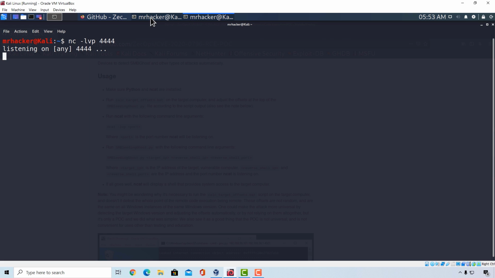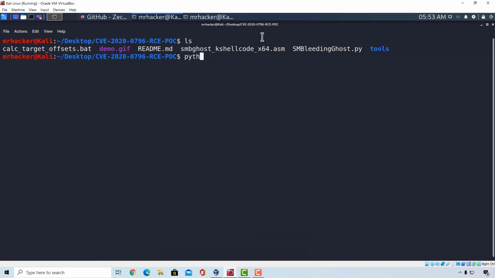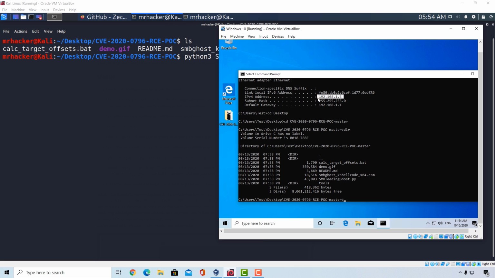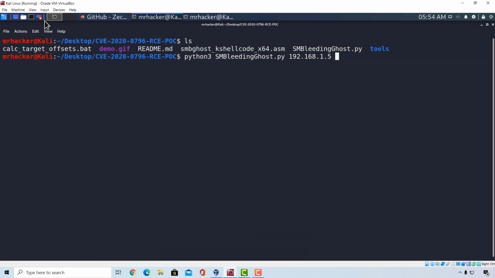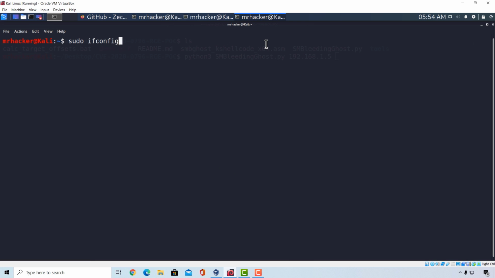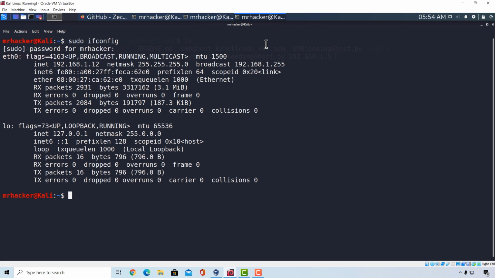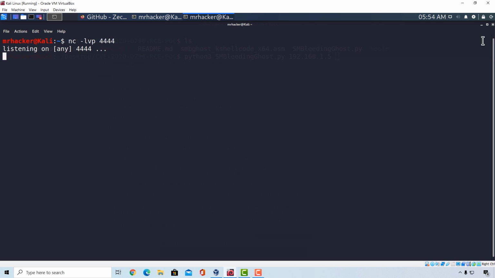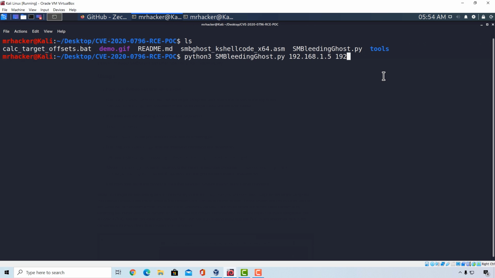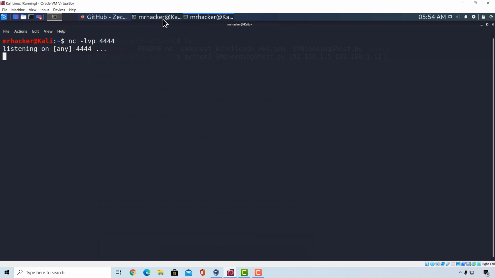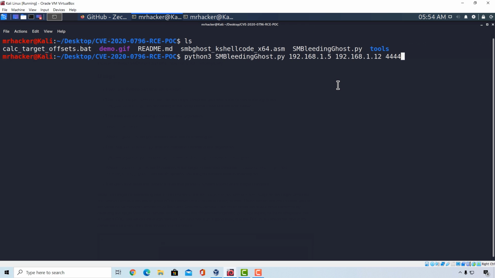We're listening right here already, and let us run the file right here. We're going to use Python 3, SMBGhost.py, then comes the target's IP address, which in my case is 192.168.1.5, as it says right here. Then comes the IP address of my Kali Linux machine, and I'm going to check it inside of a third terminal real quick. It is .1.12. So let's type it right here, and the last step is to specify the port number that we're listening on, and in our case that is port 4444. If I press enter,